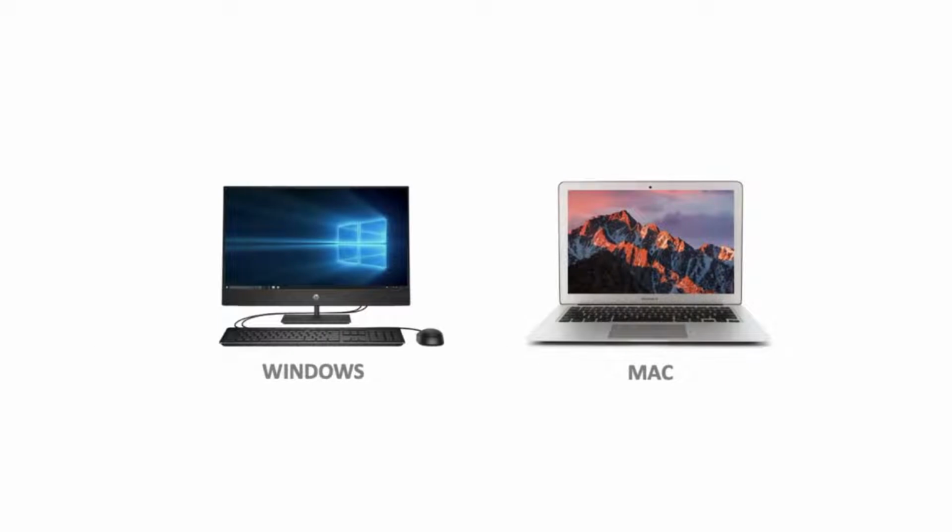But at work, I've got a Windows machine. And these are two completely separate types of machine. One's a Mac, one's Windows. Now to you, they might just be computers, and that's fair enough. They're just laptops or desktop machines. One's a Mac, one's Windows. But fundamentally, these are completely different machines.